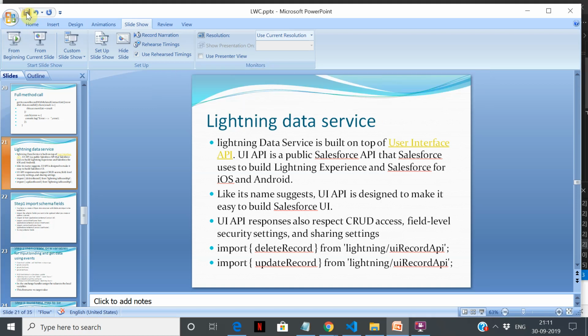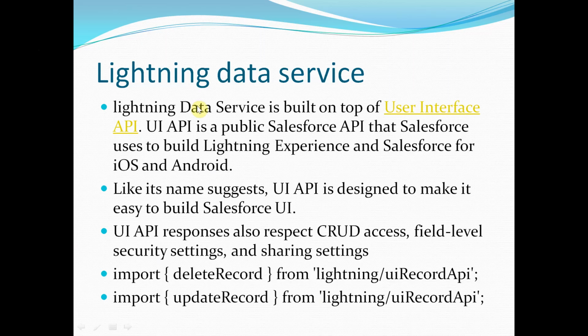So now let us see how to update the data. We have seen how to invoke and hit a third-party URL using an integration call via Apex. We have seen how to fetch the data from the database and list it. Now let's use the data API to update data.